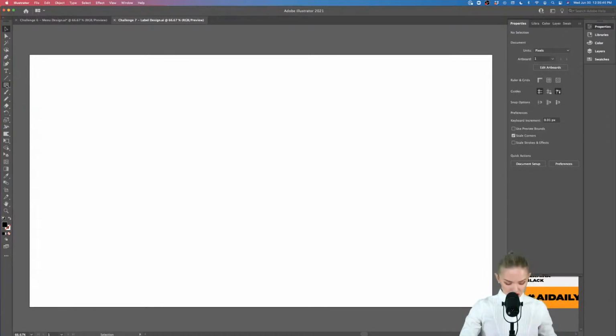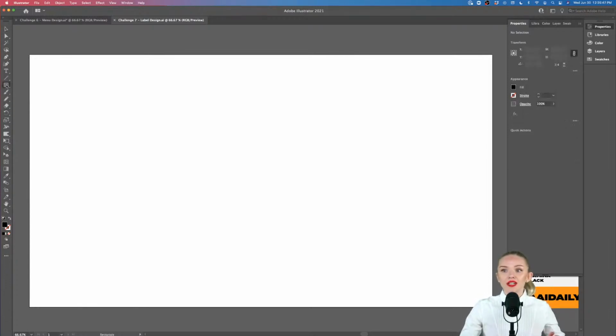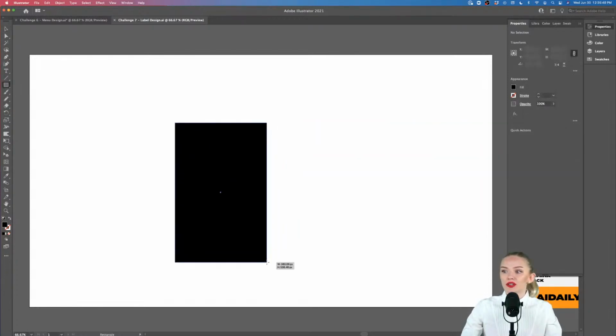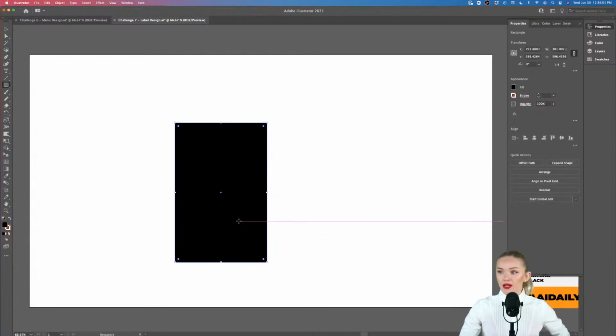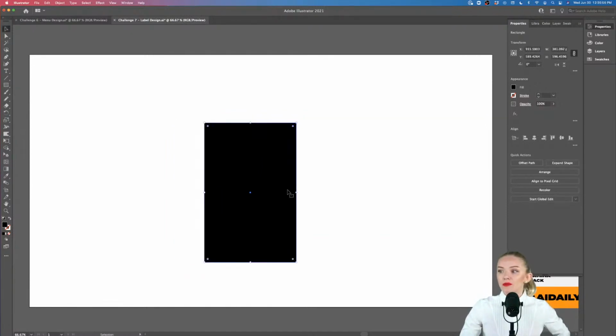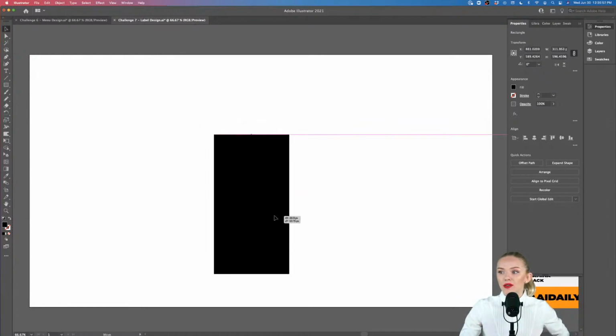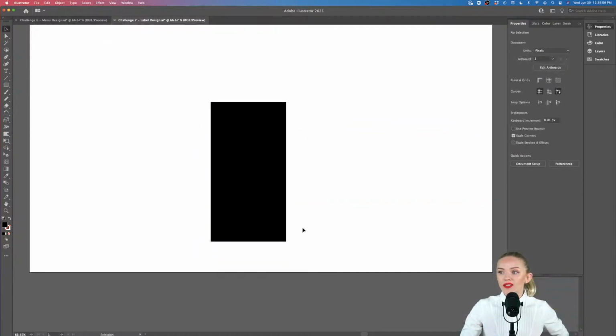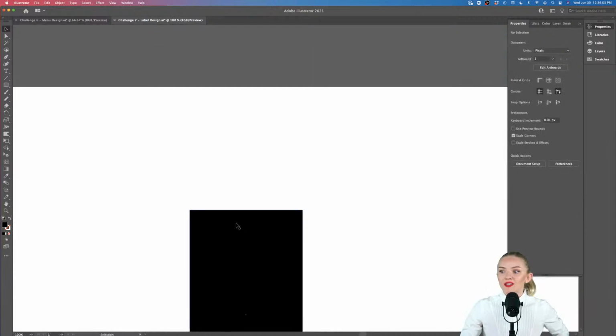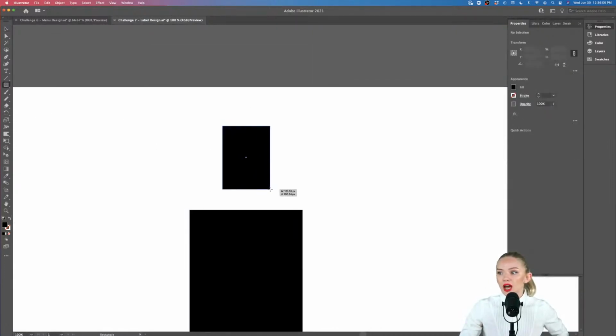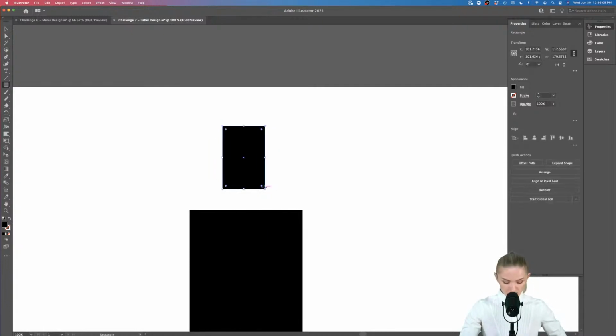Okay, so I'm going to use the rectangle tool up here, and I'm going to create something arranged somewhat like this, and I'm going to make that look kind of like the bottom part of the bottle. Now let's create another shape up here that's going to be the bottle top, and it's going to be just a little bit